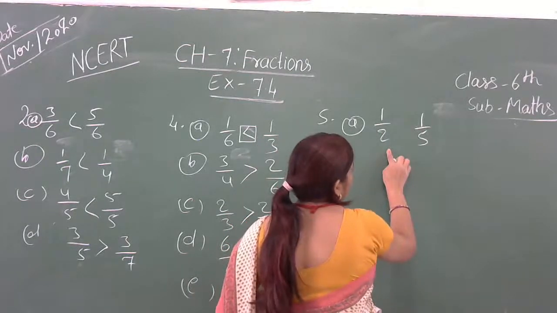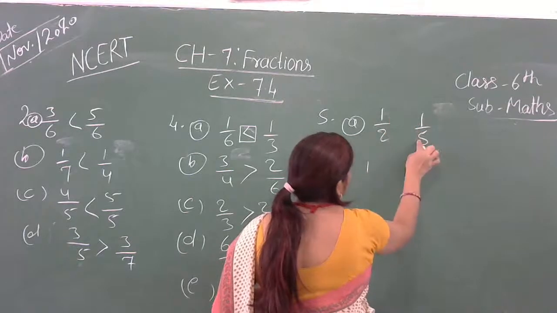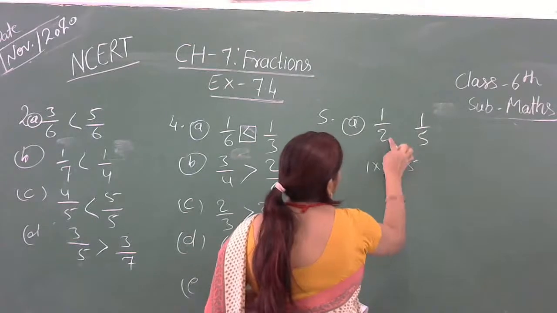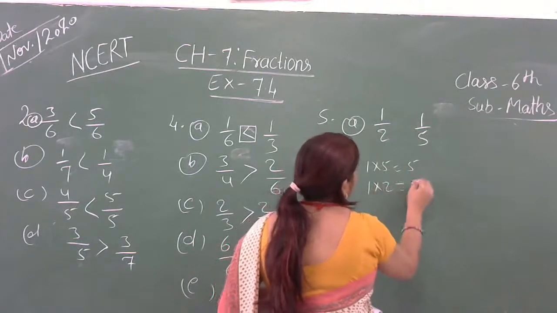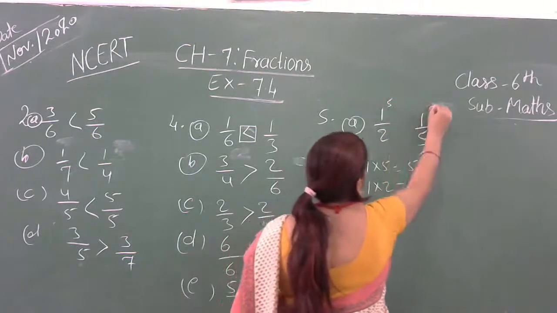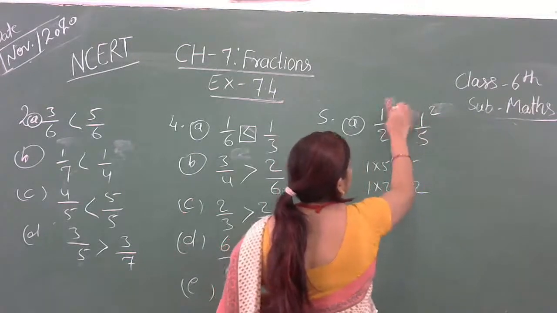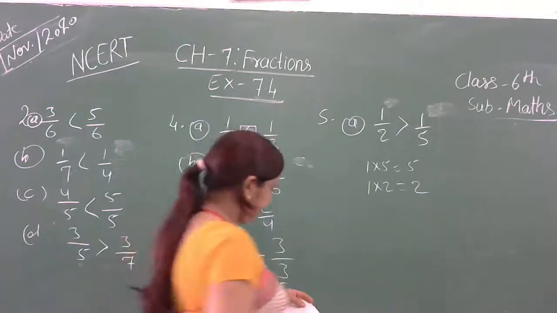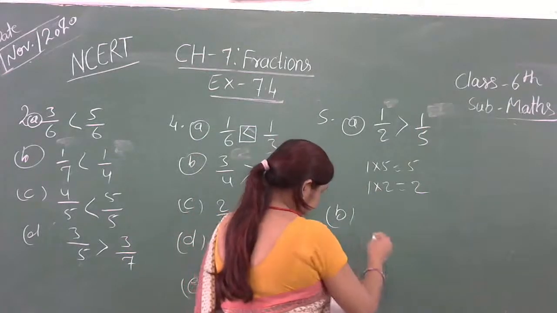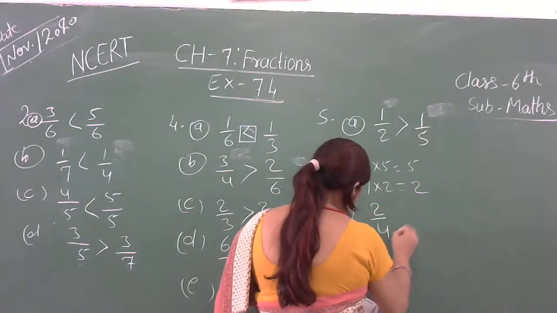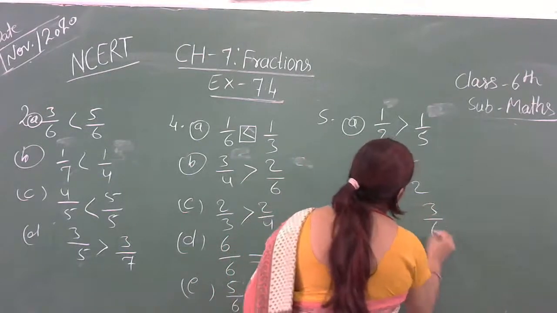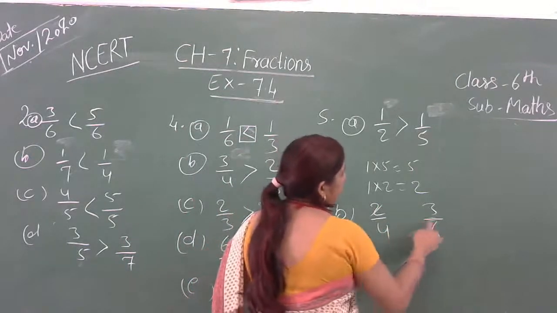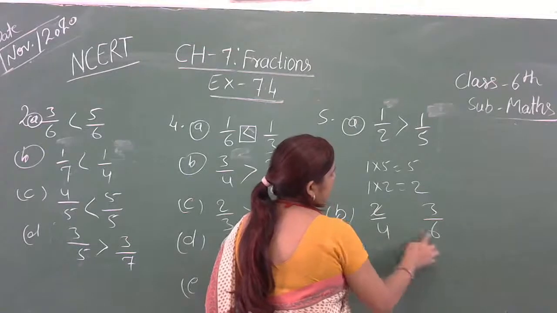1/2. If you multiply, 1 into 5 gives 5 and 1 into 2 gives 2. Here we got 5, here we got 2. So this one is greater, isn't it? Now B: 2/4 and 3/6. Both, if you reduce or multiply, 3 × 4 is 12 and 6 × 2 is